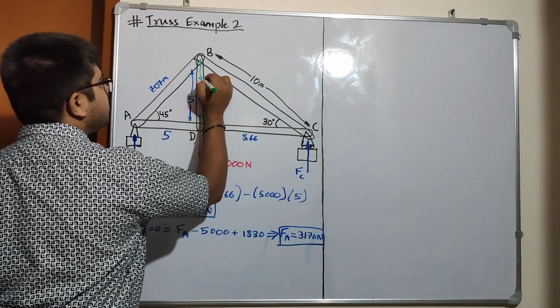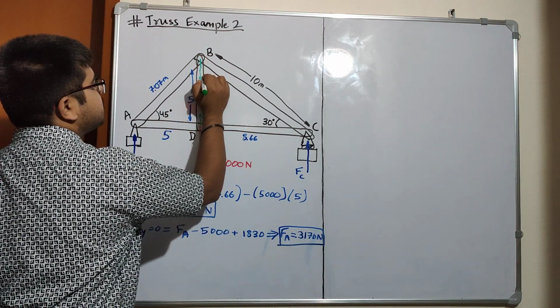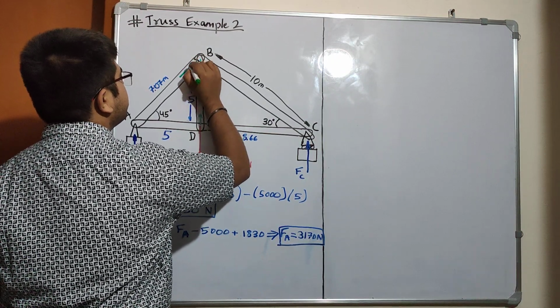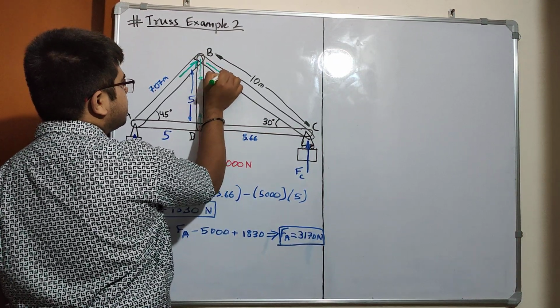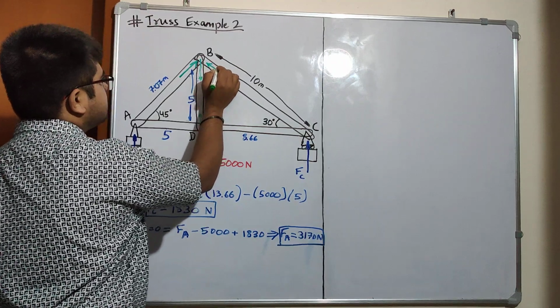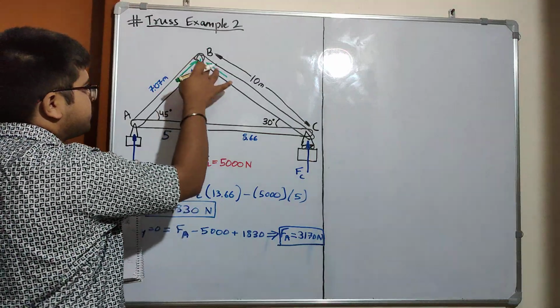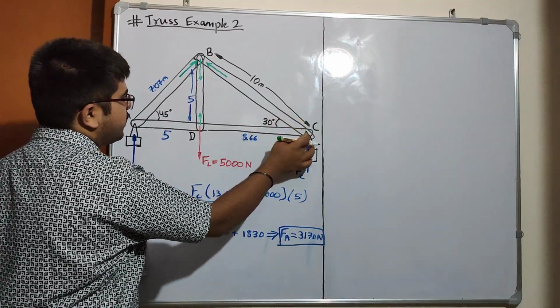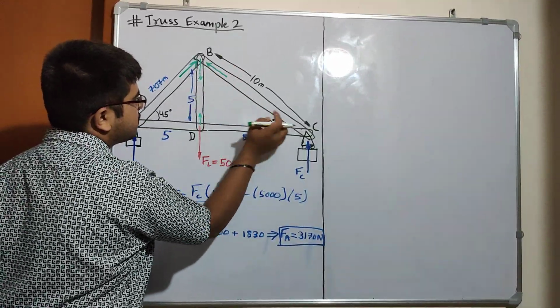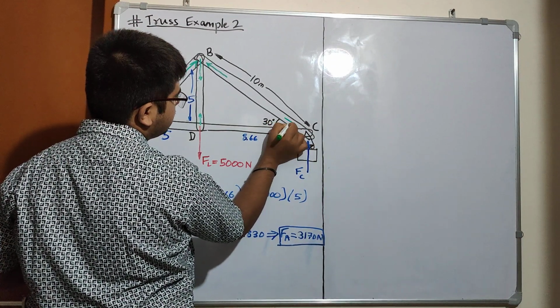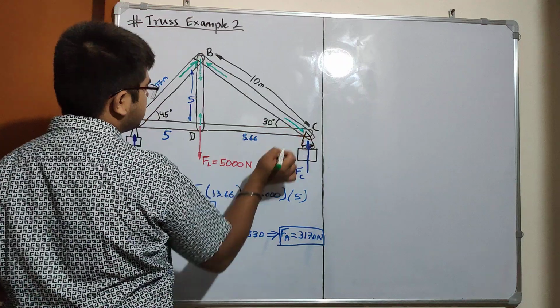If this is moving down in this direction, the force is in this direction, then the two members will have force in this direction, force in this direction, and the same would be at this point, it will be opposite of this. So it is in this direction